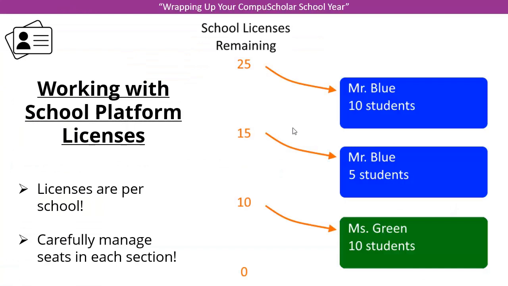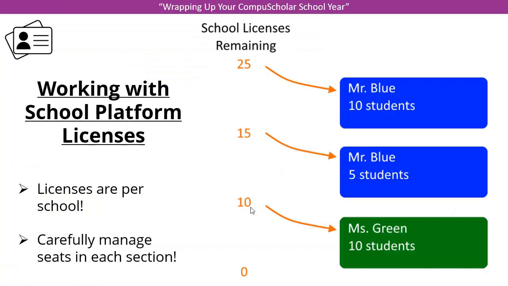In this particular illustration, we've started a school, an imaginary school with 25 licenses, and let's say Mr. Blue creates a section with 10 students. So after that section is created, the general license pool will have 15 remaining. Mr. Blue might create another section and allocate another 5 students to that, and then you'll have 10 students remaining